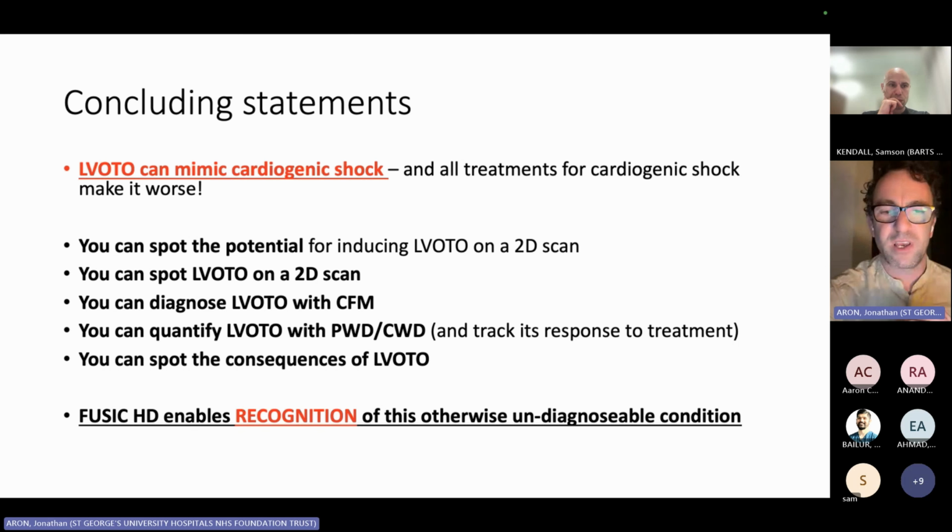So the whole point is, if you recognize it, you can treat it. If you don't recognize it, then the condition is undiagnosable. So I will stop there and